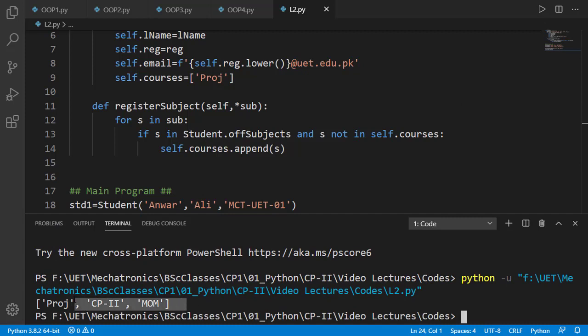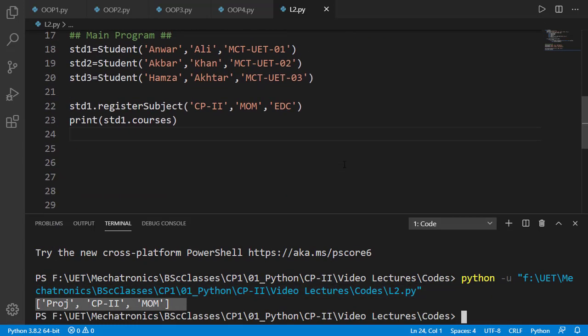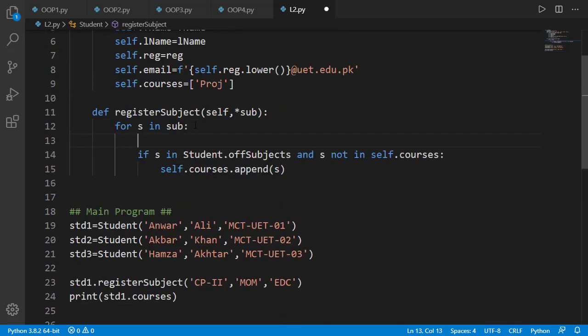You will see that the courses attribute of the student contains project, which was added when the instance was created, and then it contains the 2 valid subjects CP2 and MOM, and the other invalid subject is not added in the list. In case of an invalid subject, we can print a message that this subject is not offered.